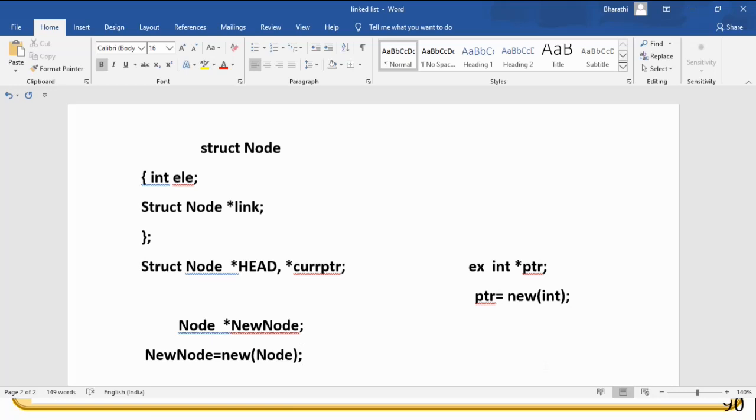First you create the structure. You say that the structure will have an integer value. ELE is the element, or the variable which will take the integer or the data part of the node, and link, which is star link, is a pointer which would be pointing to a struct node, that is, pointing to a node. Getting it? And then this is an example of how to use new, that is, during runtime, how do you allocate